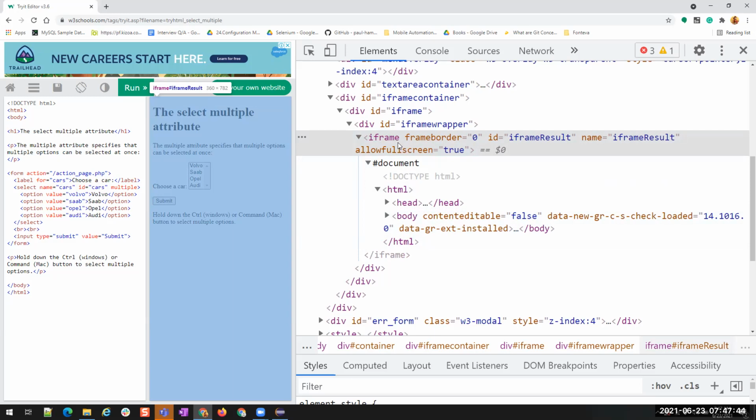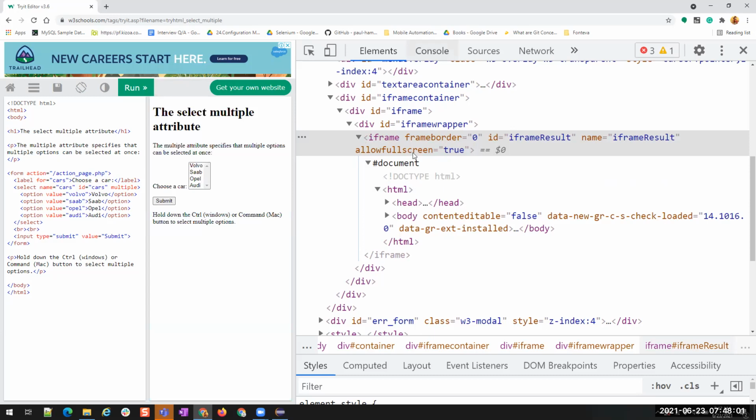Okay. Is that clear? What is iframe? Yeah. Oh, now, so Selenium by default, when we are, okay, I think I have a question. Can you repeat, please? Okay, Bobby.